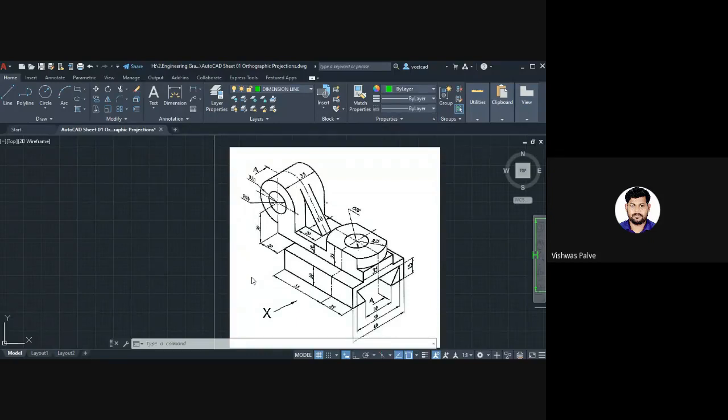You can calculate, use the calculators. 120. Yes, anyone else? Okay. 110, sir. 110. Yes, anyone else?